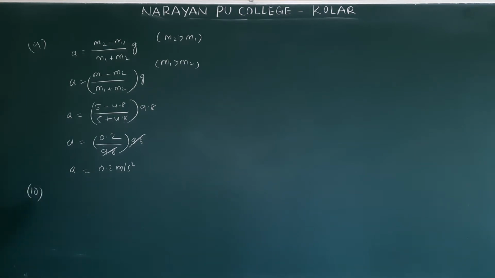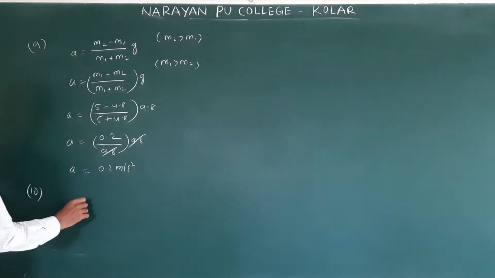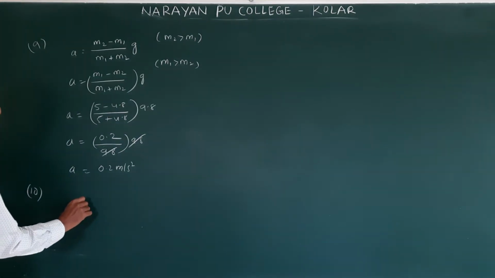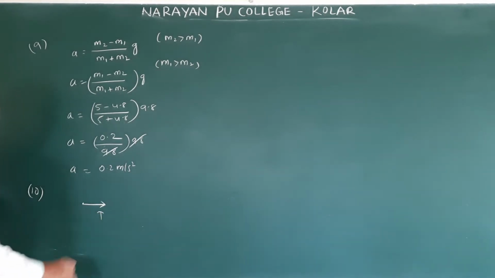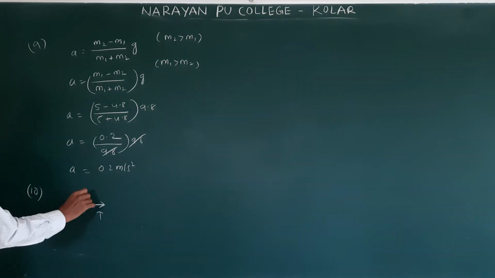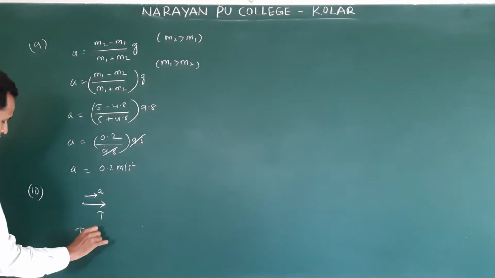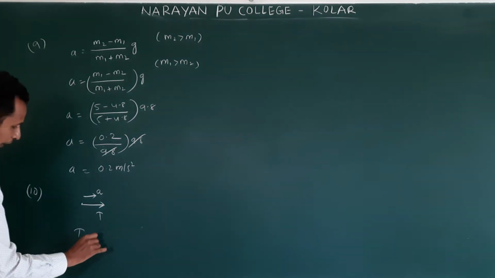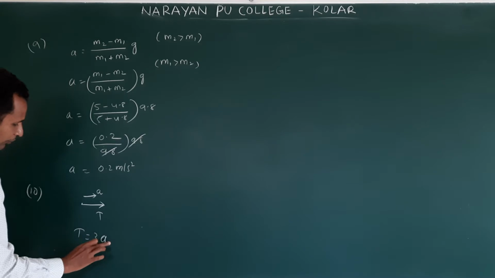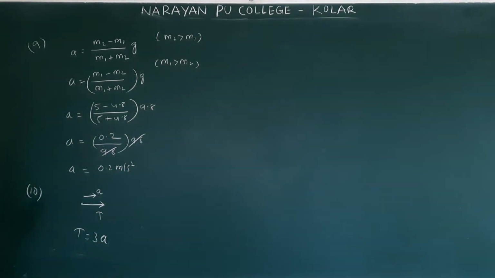Three blocks are connected as shown in the figure. They are asking tension T. Clear? So, I am drawing the free body diagram for the 3 kg block, because on the 3 kg block only tension T is acting. This is accelerated in this direction A. So, T is equal to what? 3 kg into acceleration, because tension is accelerating. Then how do you find A?